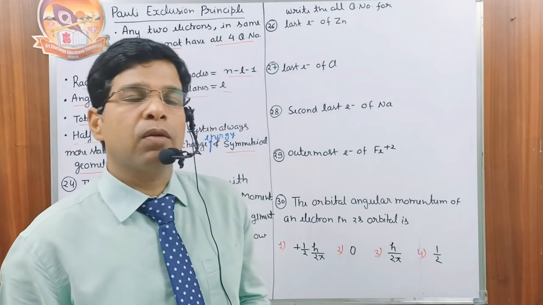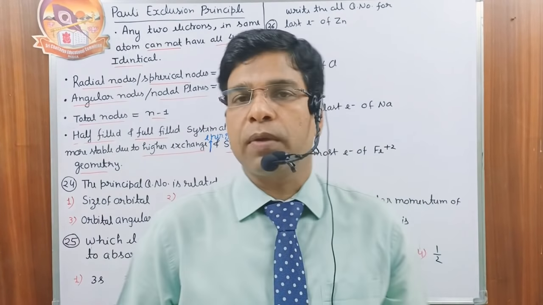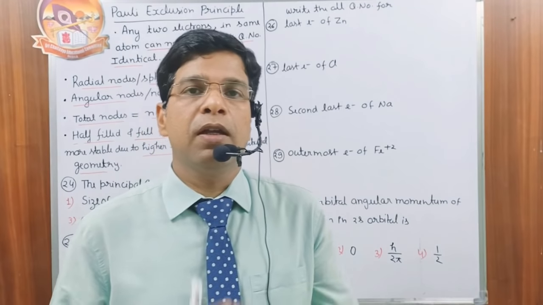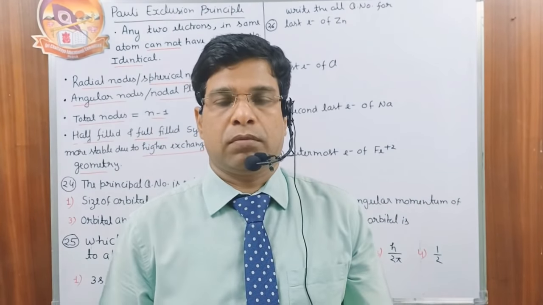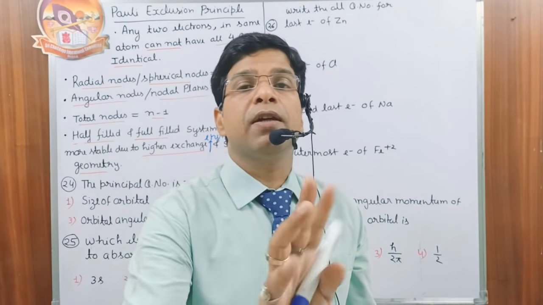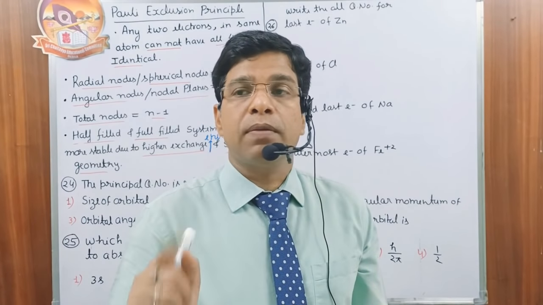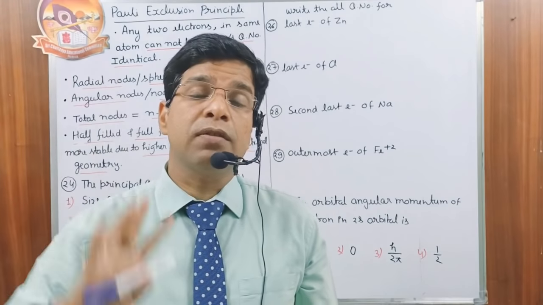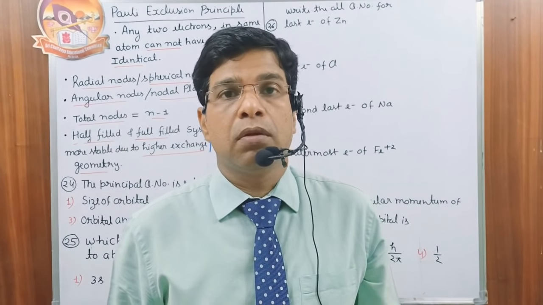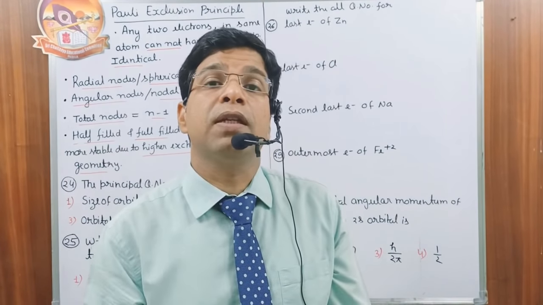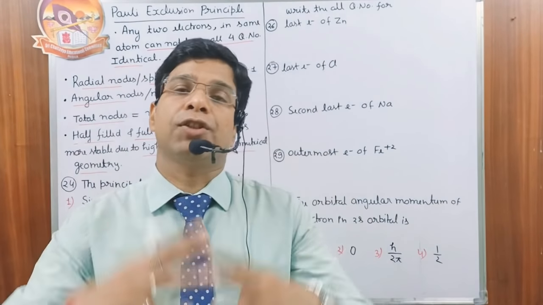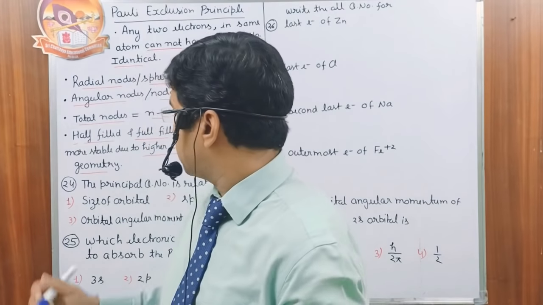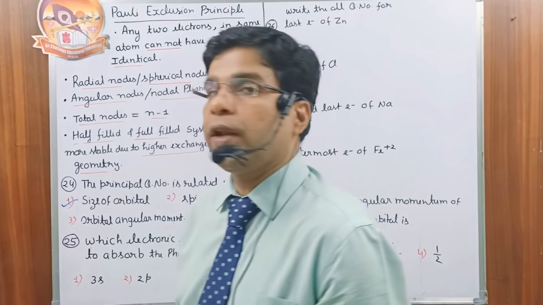Now think about the first, size of the orbital. Principal quantum number represents the size of the shell, and the shell is made by the orbitals. If the shell is bigger, then obviously the orbitals that make it have to be bigger in shape. So the correct answer of this question is option number 1.